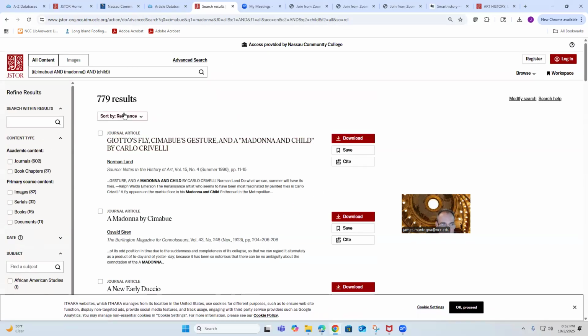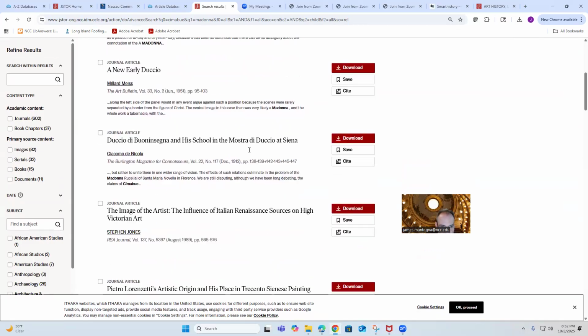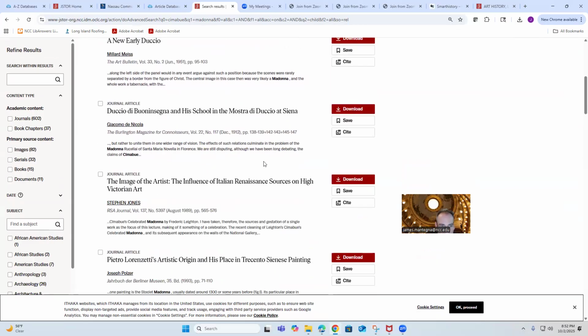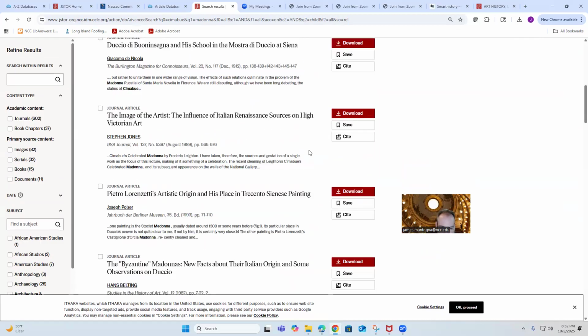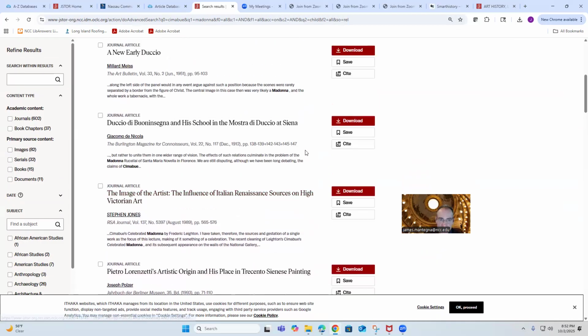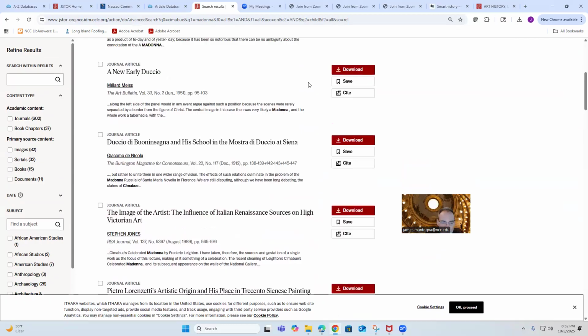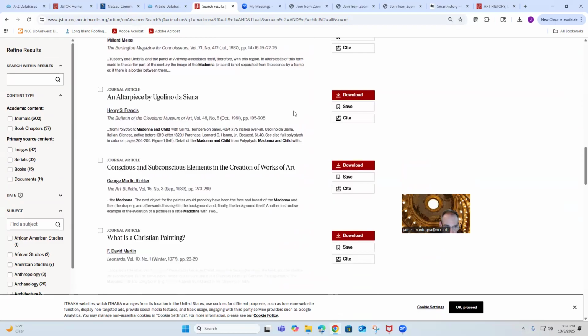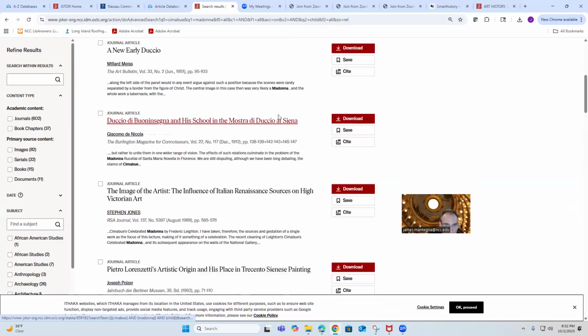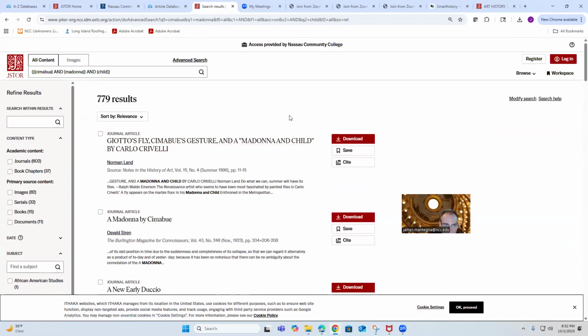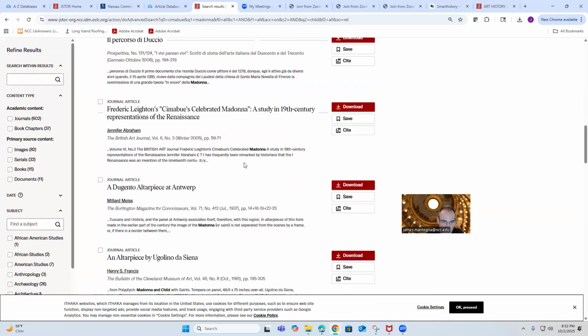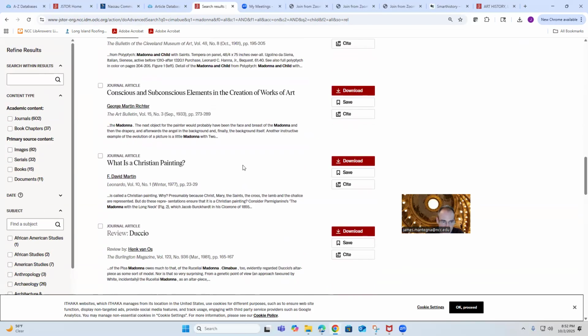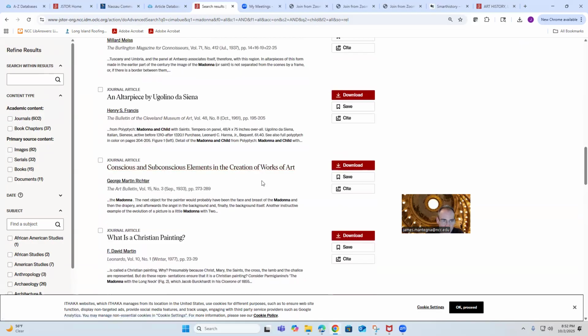And the database gives me almost 800 articles. Now not all of these are going to be exactly on what you want. Some of them might just mention the artist briefly, but you can see just from the titles here that we're in the right area, though they are kind of broad. So what we want to do eventually is, first of all, I like to start broad and take some time, be patient, browse through what you're seeing, and then look at,